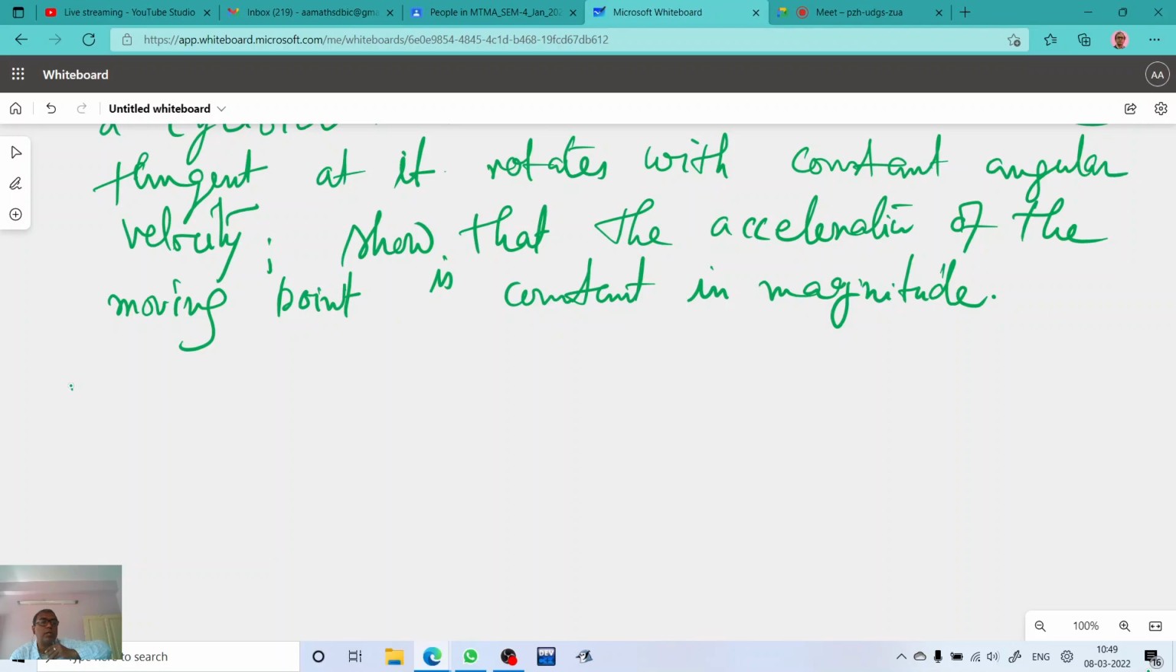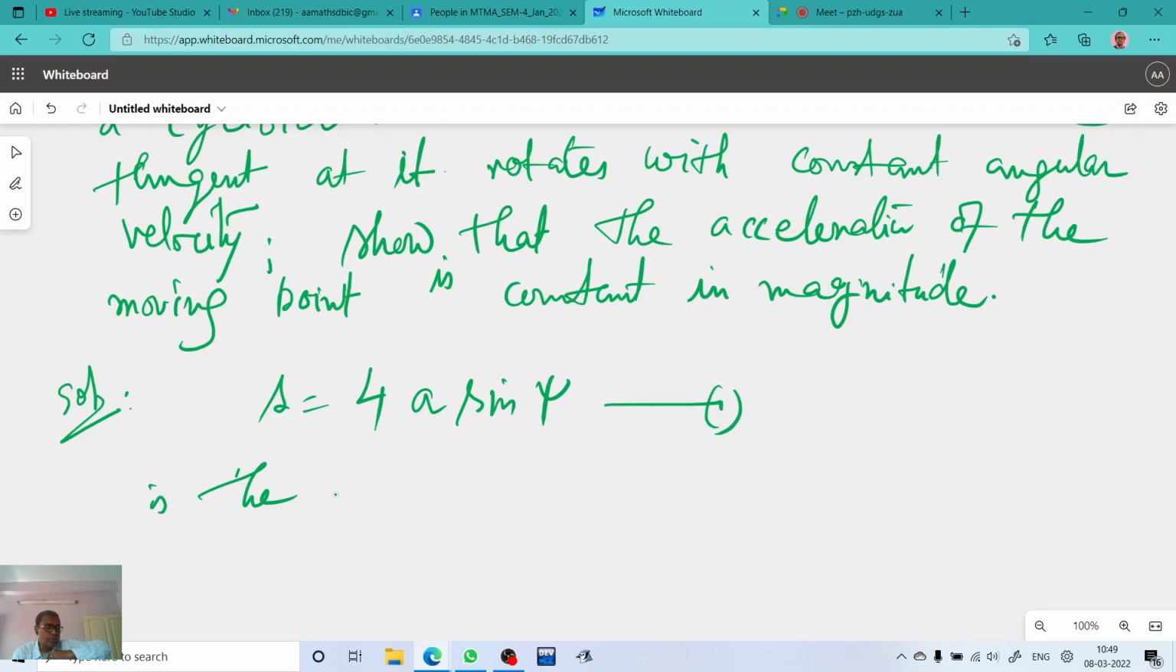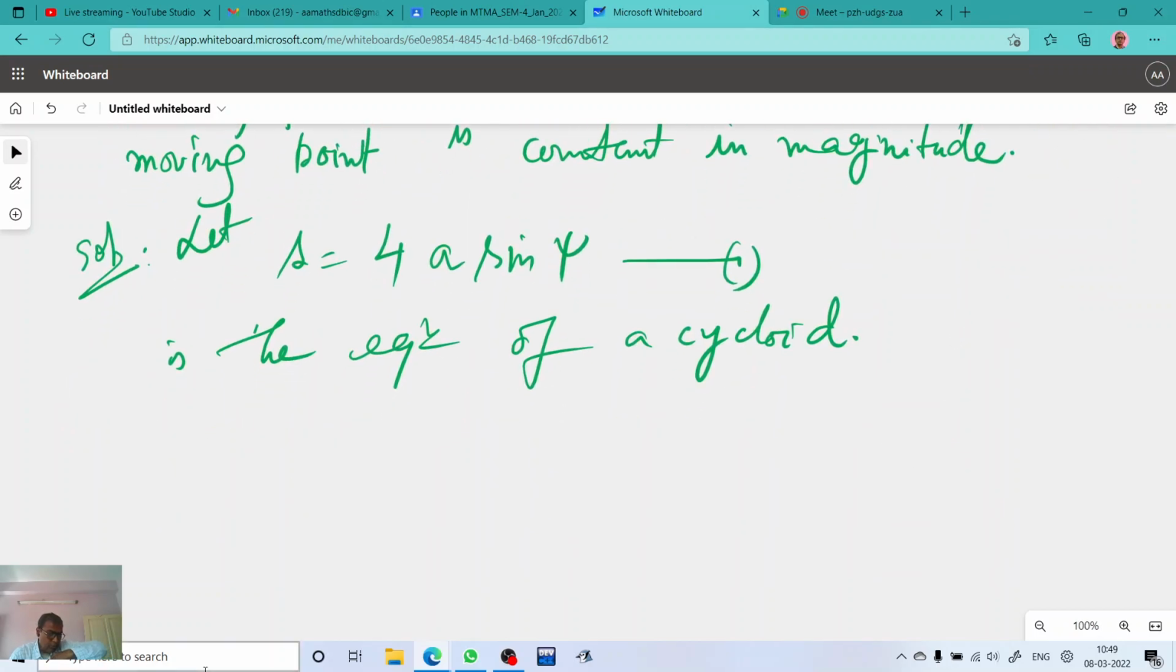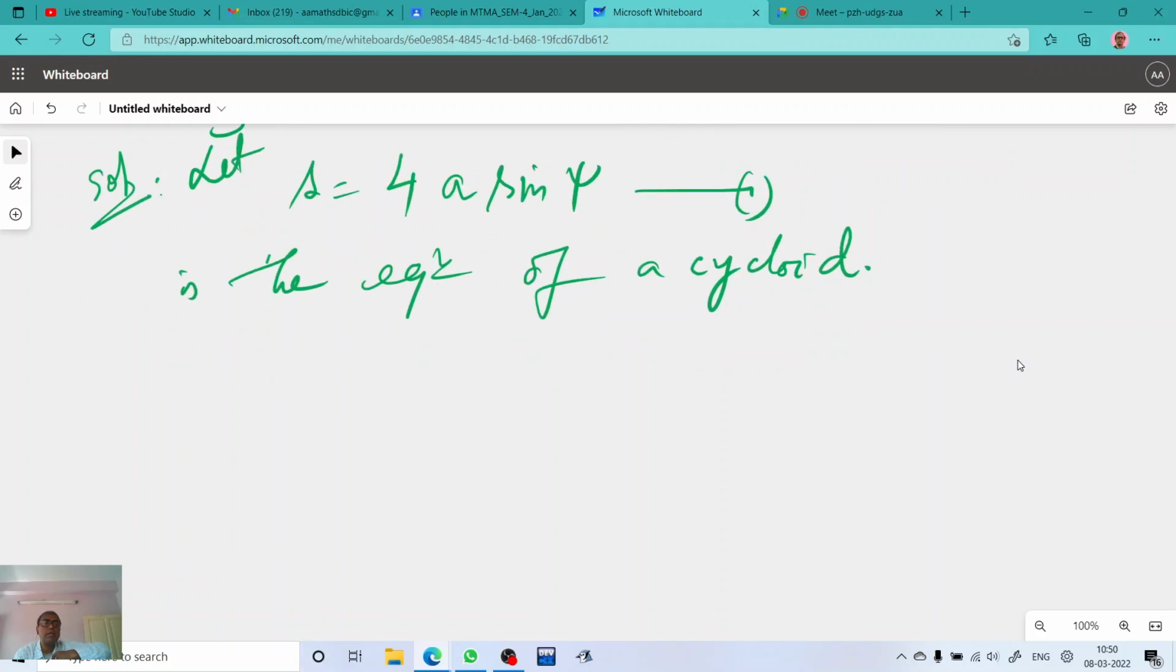আমরা প্রথমে একটা সাইক্লয়েডের ইকুয়েশন লিখে নিই। S equals to 4a sin psi, এটা আমরা অ্যাসুম করে নিলাম যে is the equation of a cycloid। আমরা একটা সাইক্লয়েডের ফর্ম এরকম ধরে নিলাম। আচ্ছা, এখন যে কন্ডিশন দেওয়া আছে ট্যানজেন্টটা রোটেট করবে কোনো একটা পয়েন্টে, কিরকম ভাবে রোটেট করবে? কনস্ট্যান্ট অ্যাঙ্গুলার ভেলোসিটি নিয়ে। তাহলে বাই দ্য গিভেন কন্ডিশন, সেকেন্ড কন্ডিশন থেকে আমরা লিখতে পারি